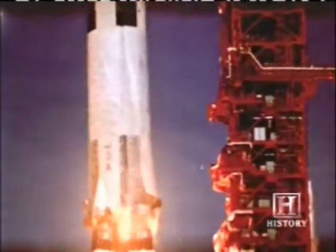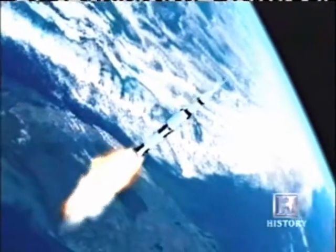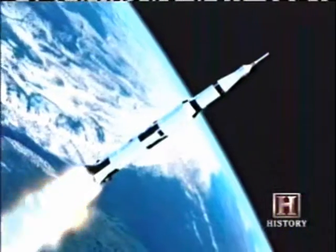The S-1C first stage ignited seconds before actual liftoff, forcing 15 tons of kerosene and liquid oxygen per second into its 5 engines, generating more power than 85 Hoover Dams. The first stage burned for 2.5 minutes, and in that 2.5 minutes, it pushed this rocket from 0 to about 6,000 miles an hour. After rising to an altitude of 38 miles, the work of the first stage was done,